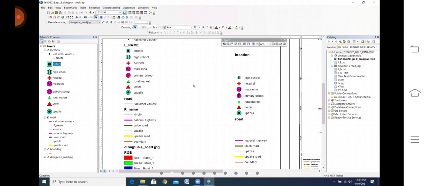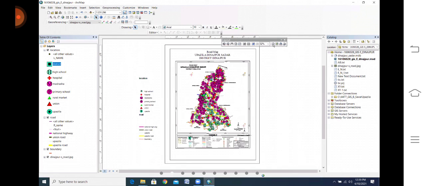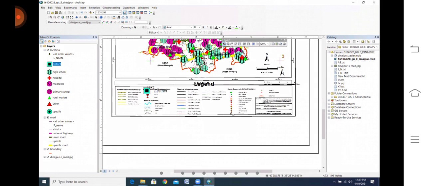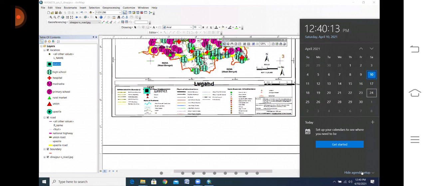Is my message clear to everyone? Tell me. Yes, sir. Yes, sir. Okay, so my request to everyone, you will follow my instruction and put everything here. Every item you will put in this area. I think my message is clear today. So next class you will show it to me, because your full project submission date is the 24th.